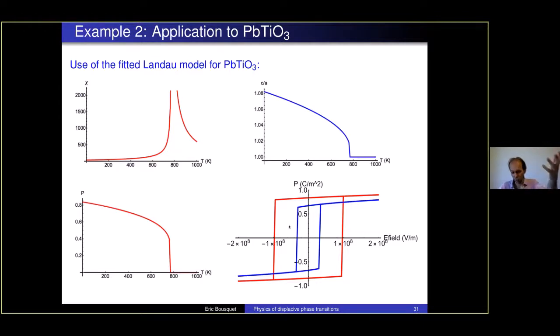And then you can also add the electric field into your Landau expression, and then you can probe the hysteresis loops for different temperatures. Here are the red and blue curves for two different temperatures in your system. So you see from the DFT calculation, even if it is done at 0 K, you can extract different parameters, build a Landau model and deduce some properties that are really useful at the end to compare with the experiments.